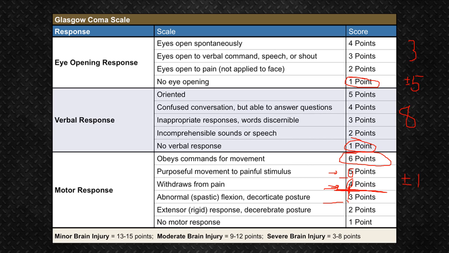Was that decorticate posture, or was that withdrawal? So you may be on the line here, but that's really just a 1-point difference, and that's okay. It's better to have a 1-point difference than a 5-point difference. So at least get close. If you are on the fence about one, just give them 1 point higher, because we really want to give them the best response. The other point to make is make sure you cover any reversible causes before you